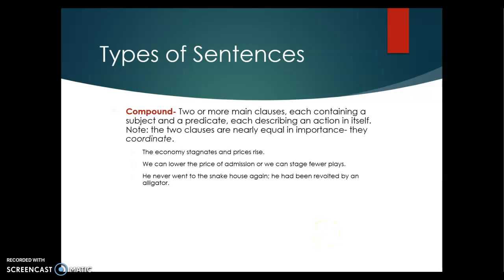All right, let's look at some examples of compound sentences here. Two or more main clauses or dependent clauses, each containing a subject and a predicate, each describing an action in itself. For instance, we have the economy stagnates and prices rise. The economy stagnates would be main clause 1, prices rise is main clause 2, and we have a coordinating conjunction